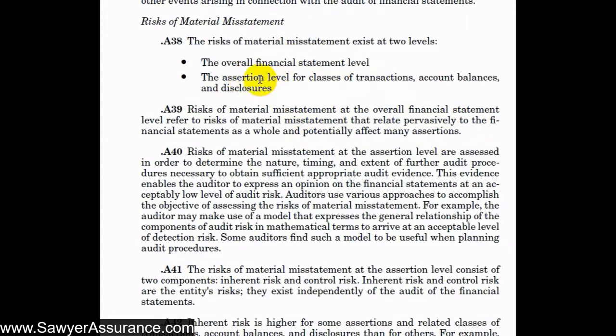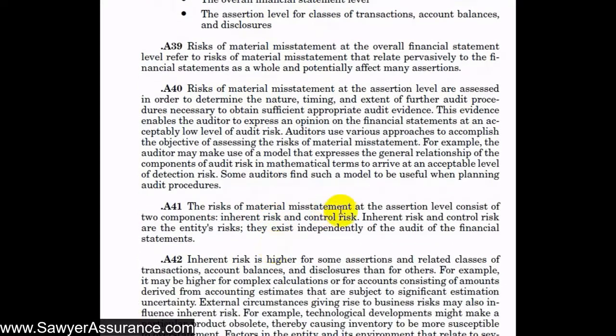So next we have the risk of material misstatement at the assertion level. And so assessing risk at this level allows us to determine the nature, timing, and extent of further audit procedures necessary. And so the risk of material misstatement at the assertion level is further composed of two components, inherent risk and control risk. And we want to make note that these are the risks within the company and have nothing to do with our risk as the auditor. And so let's go see exactly what inherent risk and control risk are.